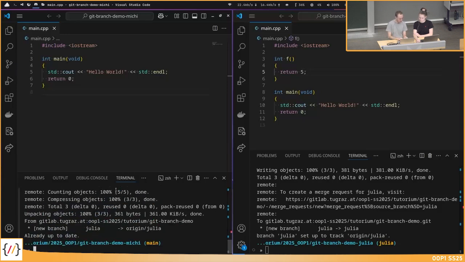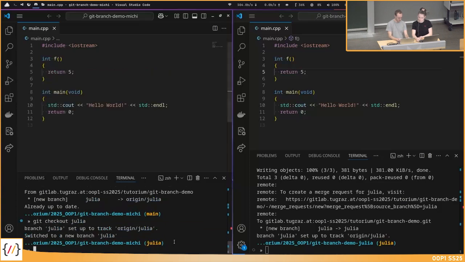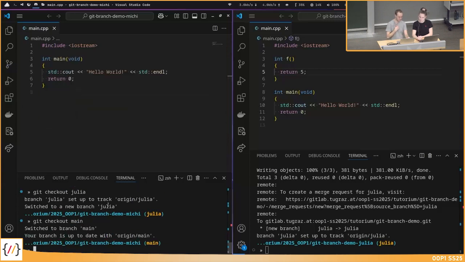I don't have any changes here because I'm still on the main branch. You already see it here in the pull message. It states there is a new branch called Julia. If I now check out Julia, then I have also the version of Julia. If I go back to the main branch, then I have the old version here.